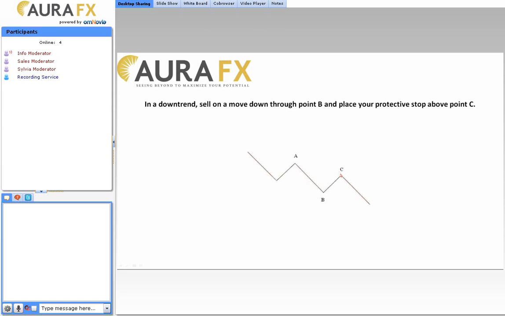Now, when I say just below, I just mean 1 or 2 pips. No sense in getting crazy. And we place it above point C. Again, just 1 or 2 pips. No sense in being crazy. If it's going to move through 1 or 2 pips higher, then that means that there are no more orders there as protection. Otherwise, what really causes support and resistance, if this market is moving down through point B, there